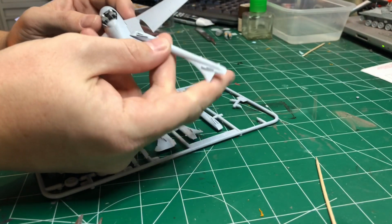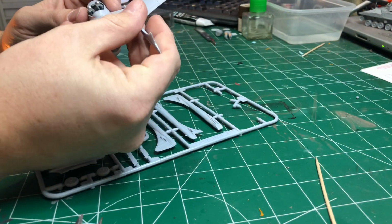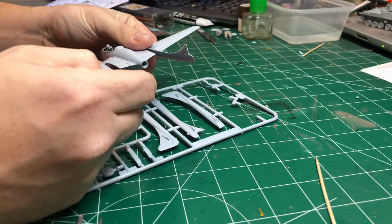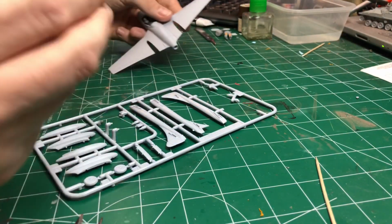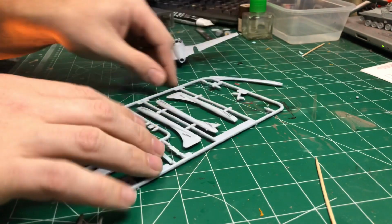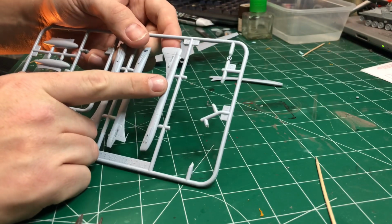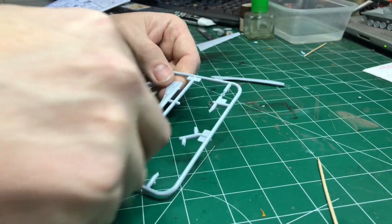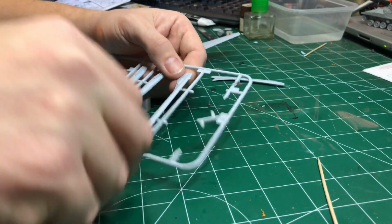Okay, so the next bit we're going to do with the Vampire are these parts of the fuselage that sit on the side of the wing here that go onto the tail, that make the tail up. I've already cut this one out. This is part number 4, and I've got part number 5 just there. So I'm just going to snip that off a little bit like that,